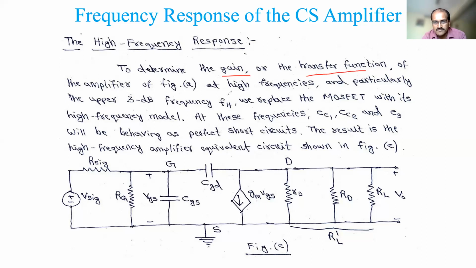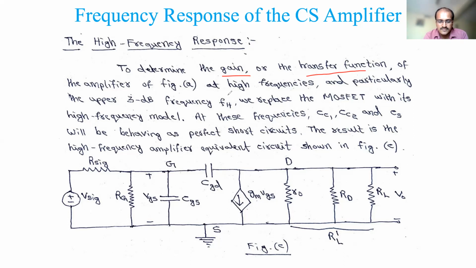At high frequencies, we will now consider only the high frequency. I am not considering low frequency. So at high frequency, what will happen? The coupling capacitor and bypass capacitor act as short circuits. That is why they are not playing any role. I told you already about the 3 frequency bands and how the capacitance affects them. Now I am directly considering the higher cutoff frequency, which is the major one. In that case, the MOSFET internal capacitances will no longer be open circuits, so I will consider them. And the coupling and bypass capacitors I will consider as short circuits, so they don't play any role now.